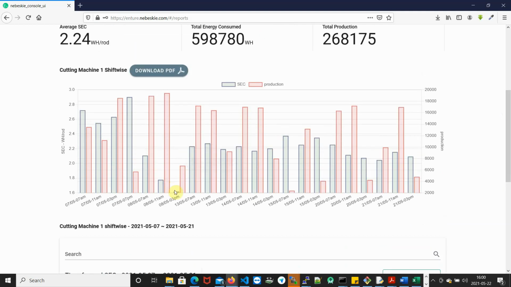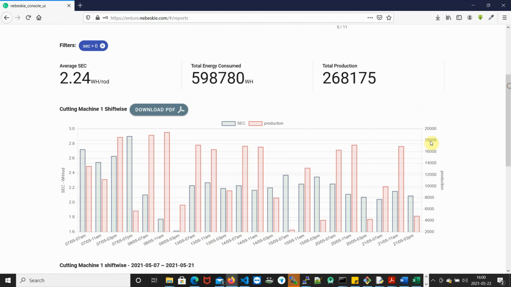here we can see specific energy consumption is low in certain cases and quite high in certain cases. In order to deep dive and analyze why that is happening, we can go ahead and add filters, because as you can see, in certain cases the specific energy consumption has gone low for a high amount of production, and of course there are certain outliers such as this. So what we will do, we'll go ahead and choose anything above 14,000 or 12. Let's take a lower one, 12,000.